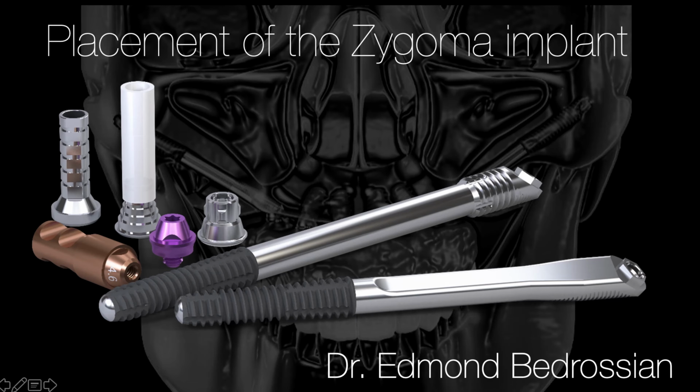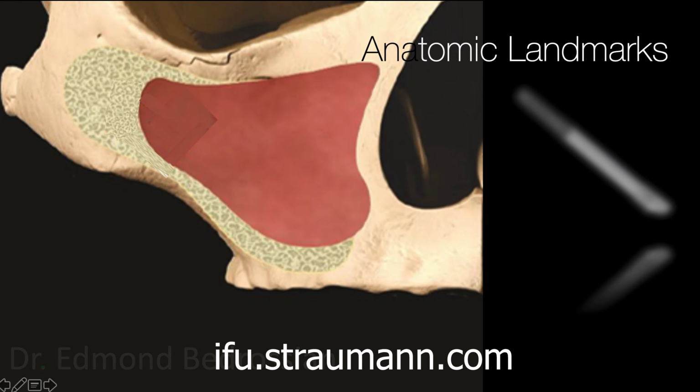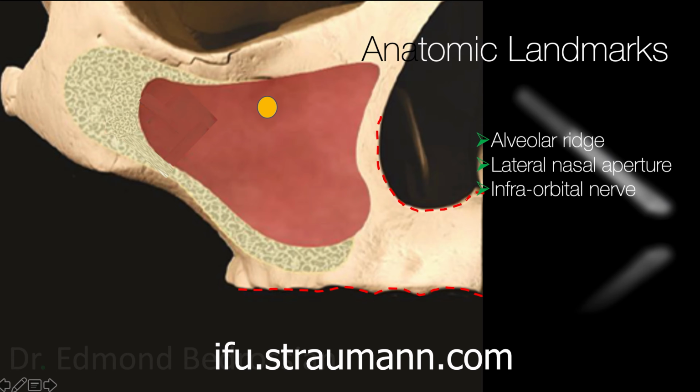This presentation will demonstrate the use of the round zygoma implant in a Zaga 0, 1, 2, or 3 presentation. It is important to review the anatomical landmarks, and we begin with the alveolar ridge, the lateral nasal aperture, the